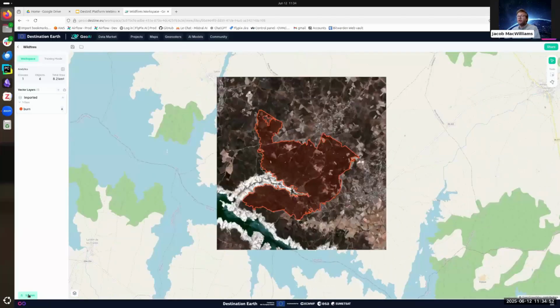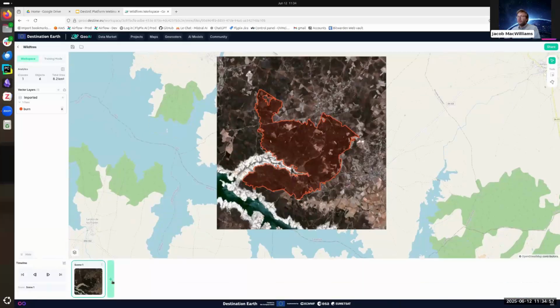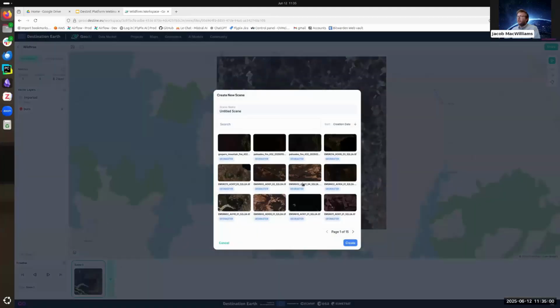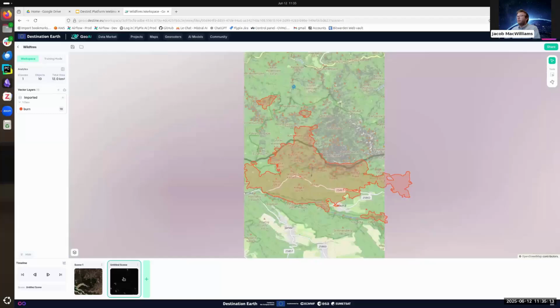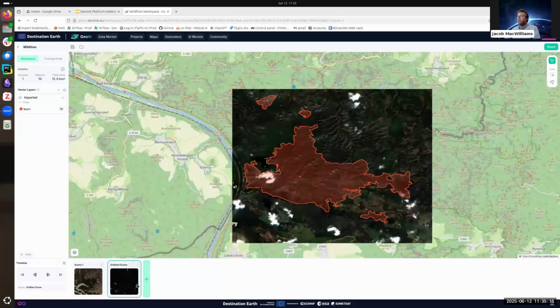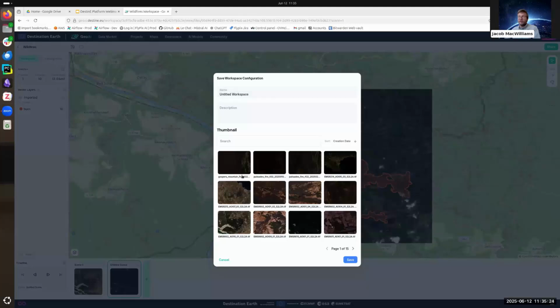You can just open one of your rasters. You see this little scenes tab. You can open it up, and here we can press this plus, and now all the rasters in the project are available. So we can select this raster and add it. And then we have this raster here, and it's in our workspace. And we can continue to add scenes, and when we're ready, we want to save the workspace so that we get that little workspace thumbnail that we saw on the previous page.